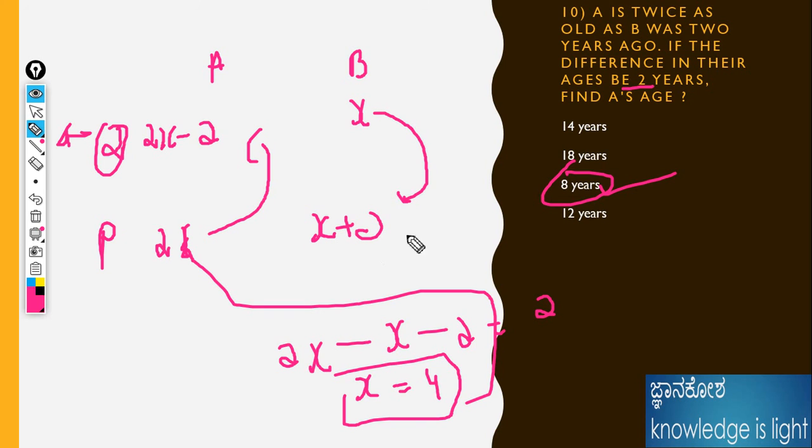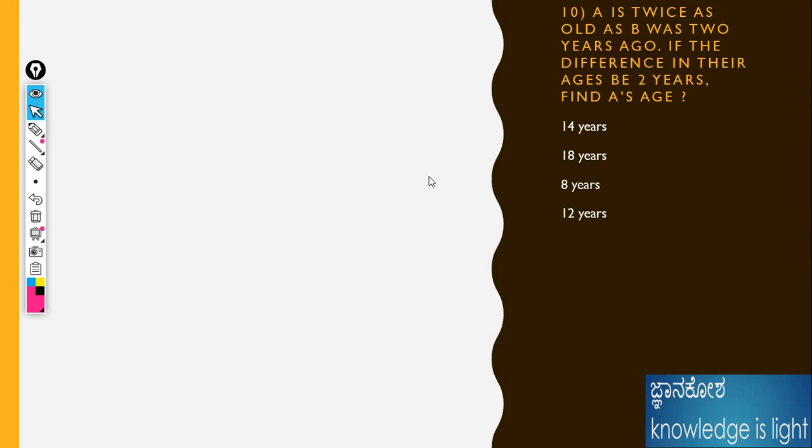Okay, just make it down. The question is A is twice as old. A is 2x, 2 years ago B was x only. Then if you go 2 years back, 2x minus 2 is A, and 2 years in the future x plus 2. The difference between A and B at present is 2x minus x minus 2 is equal to 2. The difference is given as 2 years. We can easily calculate x, that is the present age. If they ask about A, it is 8 years. If the question is asking about B, then 4 plus 2 is 6 years. Understand? The question is very easy. Don't consider it; the formatting of the table is a very important thing. Okay, move on to the next question.